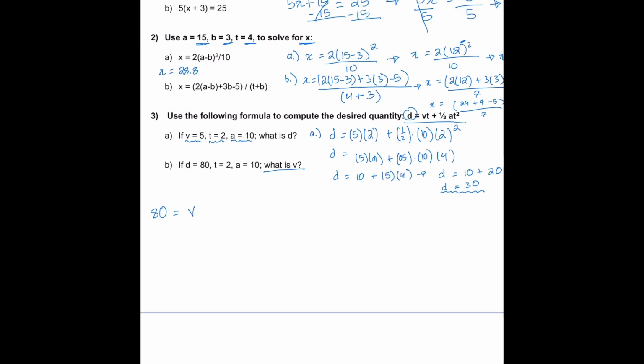V times T, which is given here, 2, plus 1/2 times A, which is 10, times T, which is 2 squared. So same thing, we can go ahead and just keep going with this here. So just go ahead and follow your exponents. So 80 is equal to